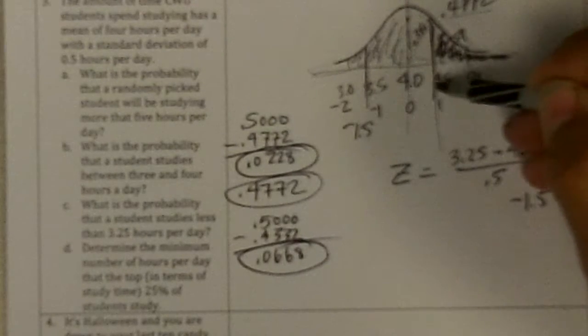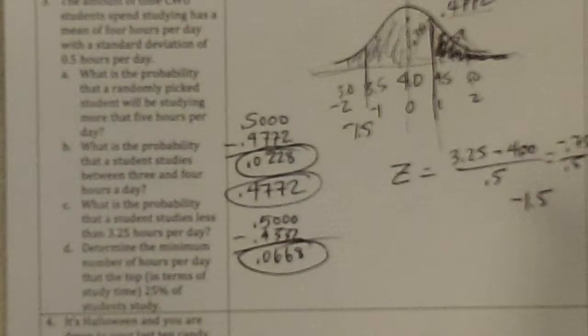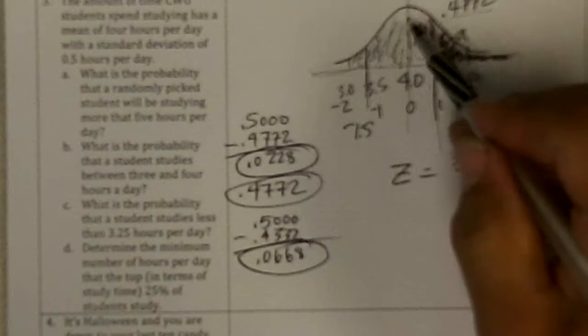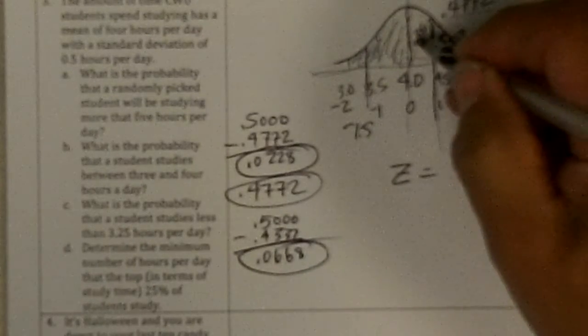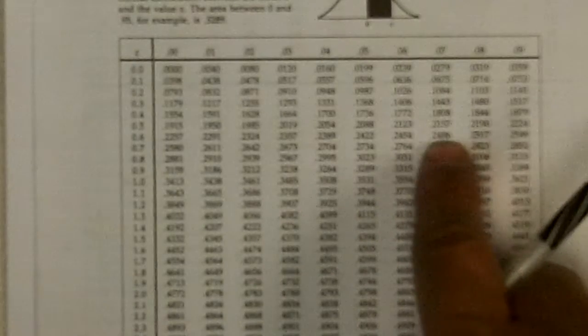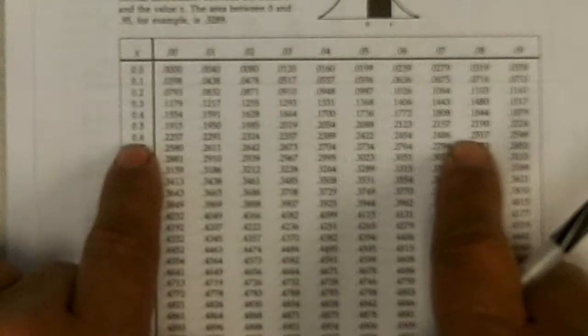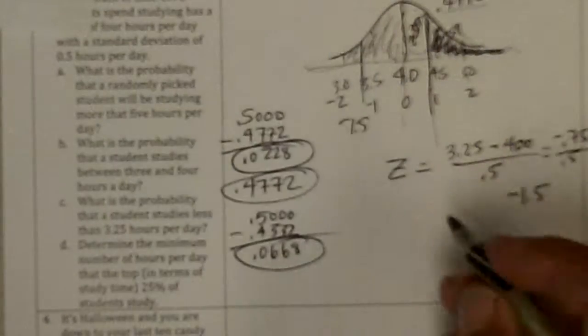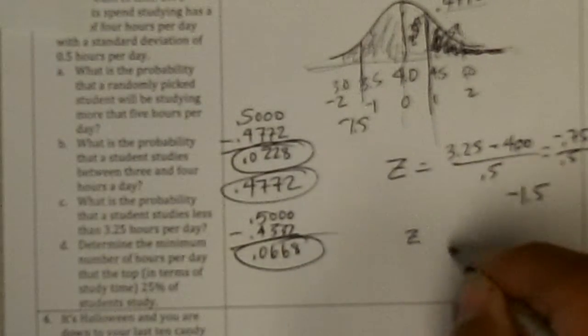We want to know the hours, the raw score here. If that's 25, between the middle and there is 25, and I could look up 0.25 on the table, and now I want the area to be 0.25, which is somewhere around 0.67 or 0.68. So the z-score would be